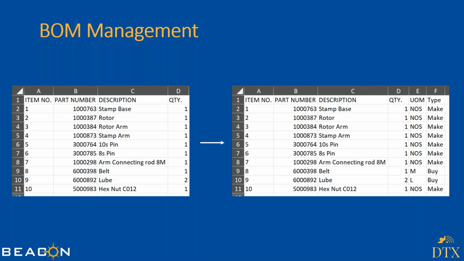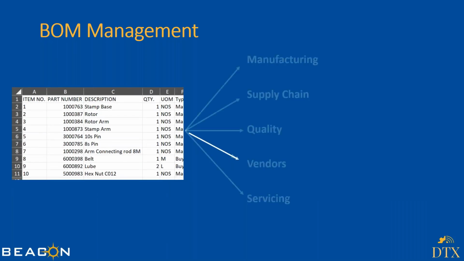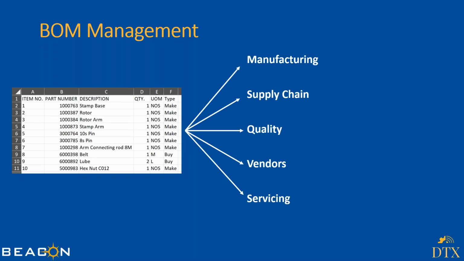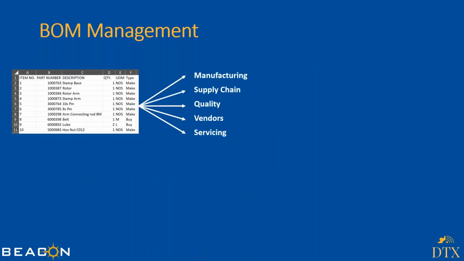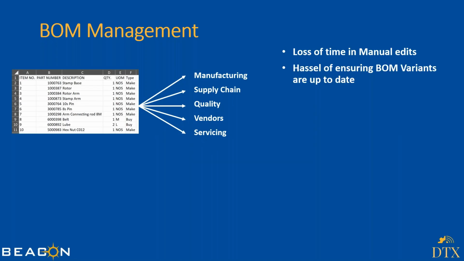So what happens is that this bill of material needs to be further modified with the relevant data which are required for each and every department. So this is where the intricacy lies. When you have to do this, it leads users to lose their time in manual editing, and further they have to ensure that all the BOM variants that they have built, all these departments, are up to date across all the divisions, and notify them saying that there's a change,